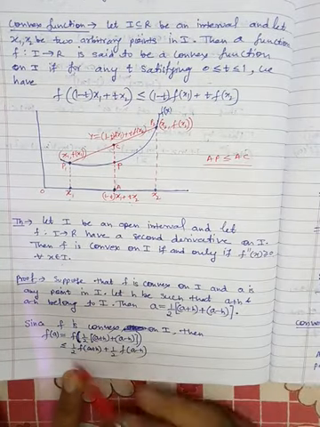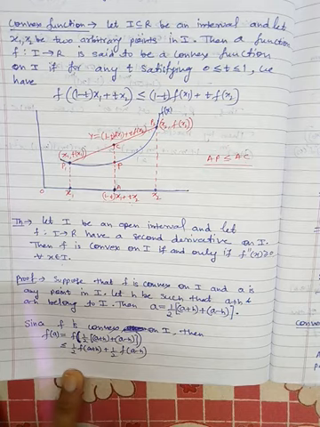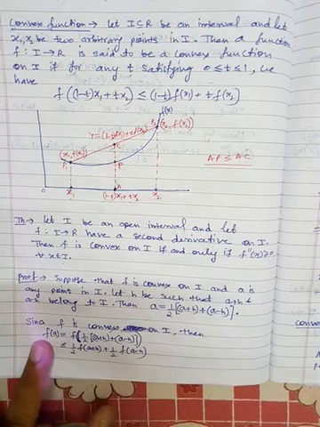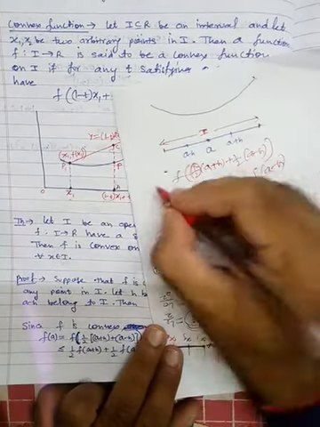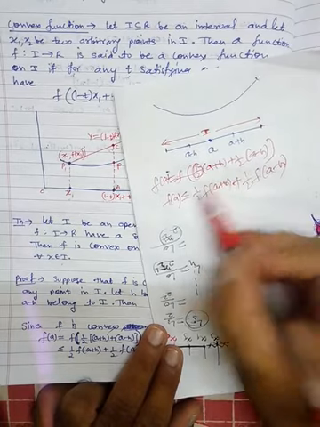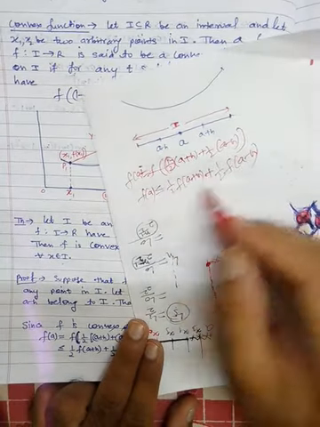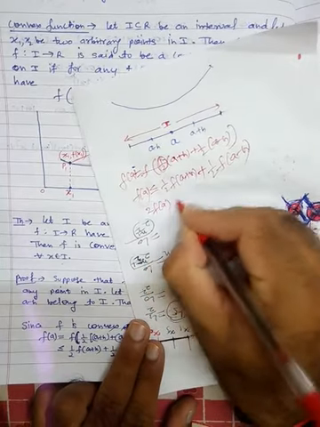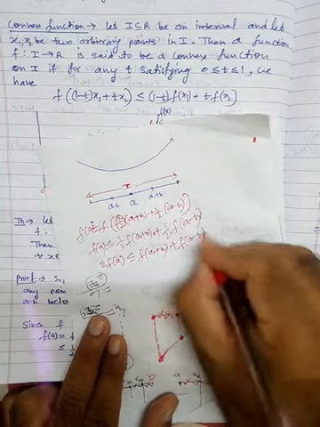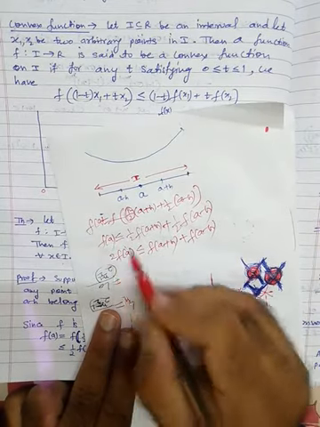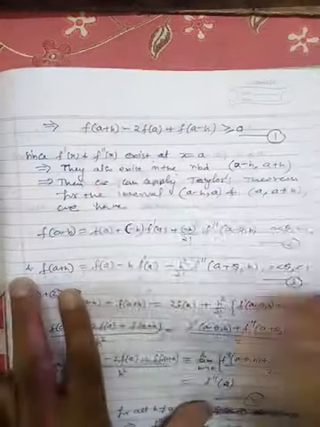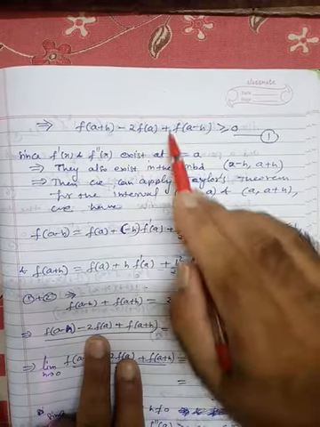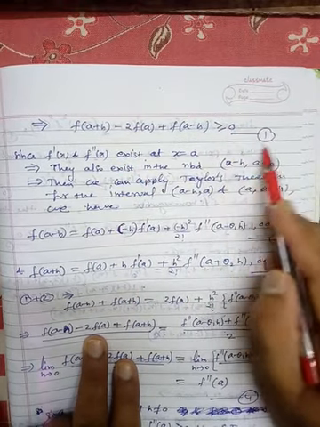So we have written this, and here the sign is less than or equal to. So if you multiply this inequality by 2, what will we get? Here is f of a, okay, because f of a is equal to this, and this is less than or equal to this. Fine. So now when you multiply by 2, you get 2 f of a is less than or equal to f of a plus h plus f of a minus h. Now take this 2 f of a to the right hand side. So what will we get? We will get f of a plus h minus 2 f of a plus f of a minus h is greater than or equal to 0. This is equation number 1.